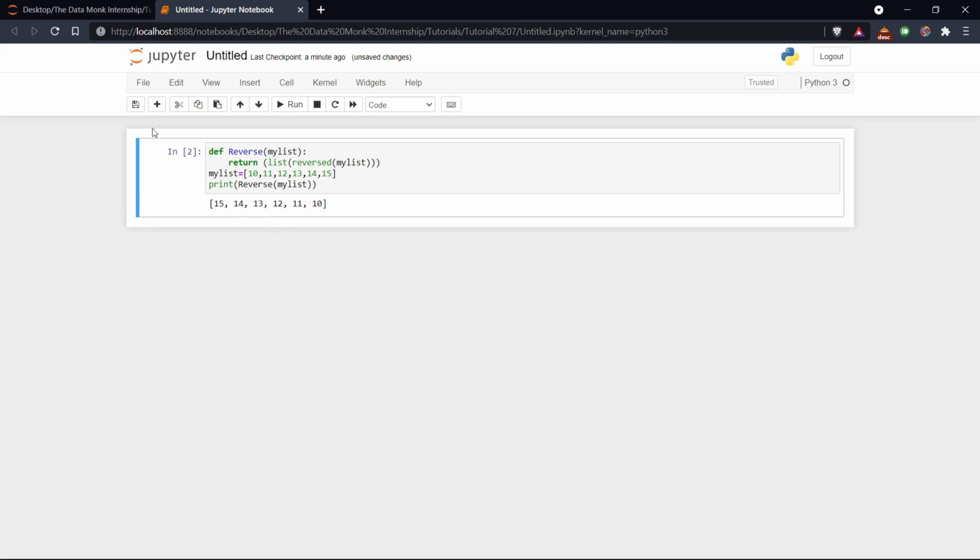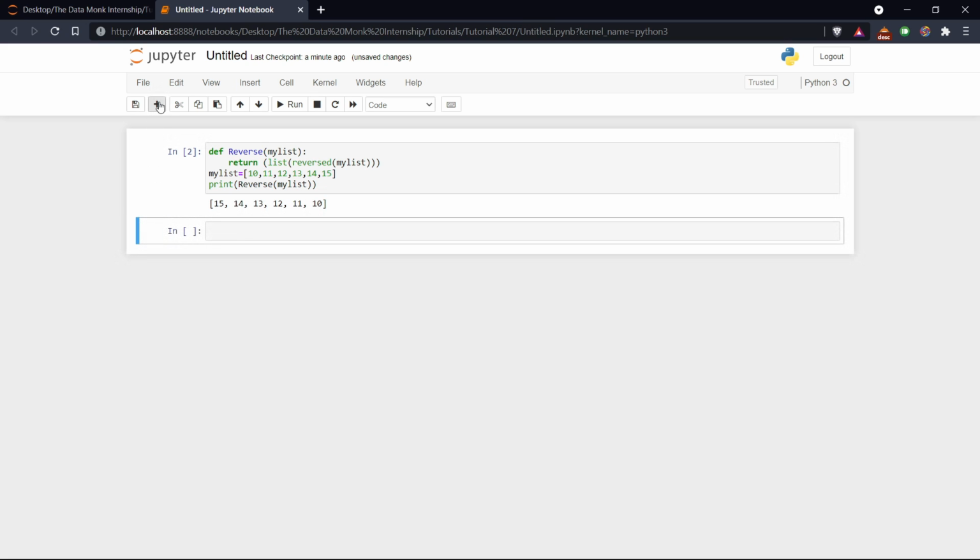Now let us write the second approach in which we are going to use the reverse function. We have used the reversed function before, and now we are going to use this reverse function. In this function, the original list is reversed and the original list is saved as the reverse list. So let us write the code for it.